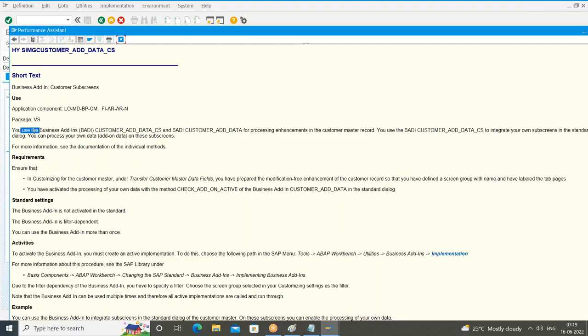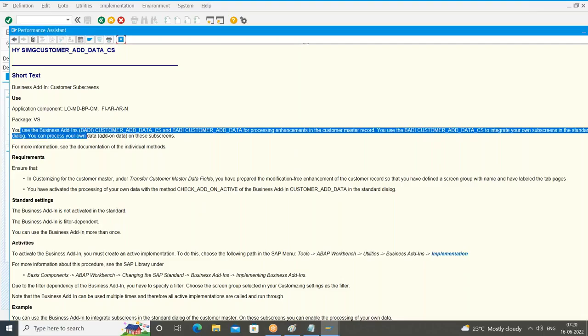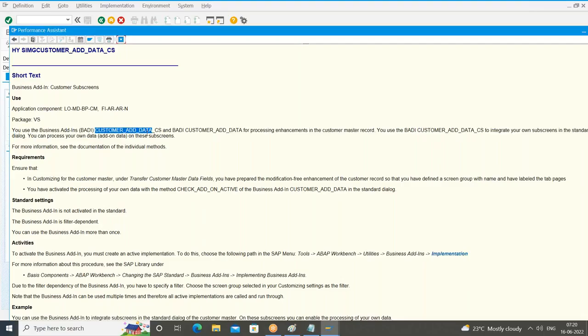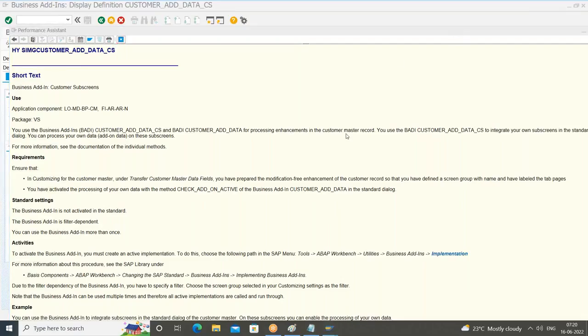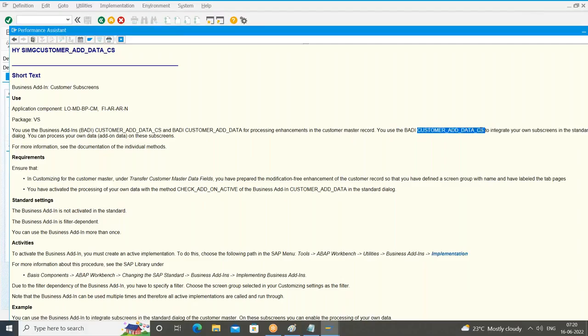You use the BAdI CUSTOMER_ADD_DATA_CS and CUSTOMER_ADD_DATA, it is saying both. You use the BAdI CUSTOMER_ADD_DATA_CS and CUSTOMER_ADD_DATA for processing enhancements in the customer master record, nothing but XD01. You use the BAdI CUSTOMER_ADD_DATA_CS to integrate your own subscreens